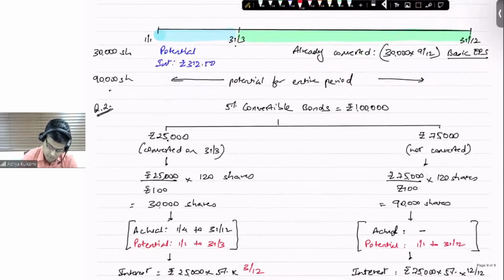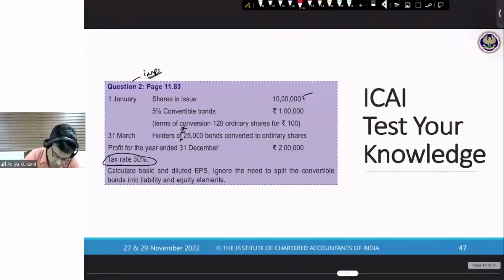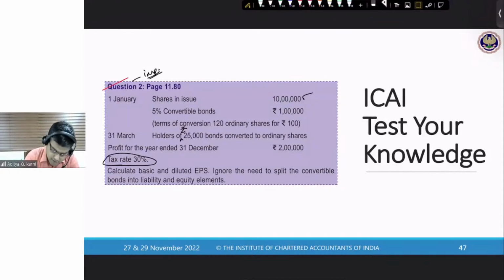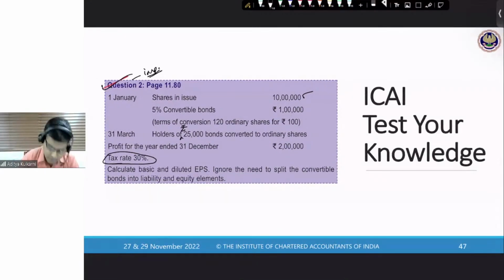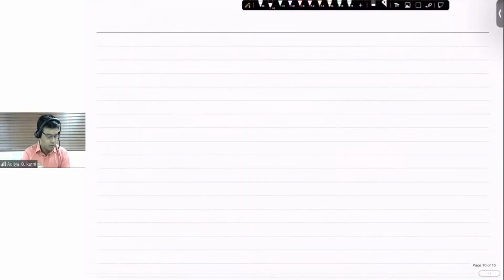Okay. So this is your solution. You can mark this question as important. It is important. Please ensure you revise it. So that takes care of diluted EPS in brief. Whatever we had to do, we have done. We'll just write a couple of points where you had left those 1.5 to 2 pages which I told you to leave. Just write down, give the heading diluted EPS. First point,